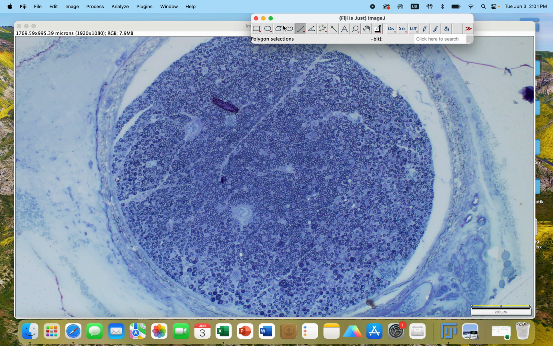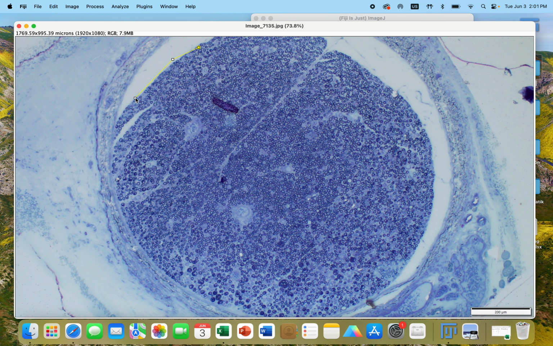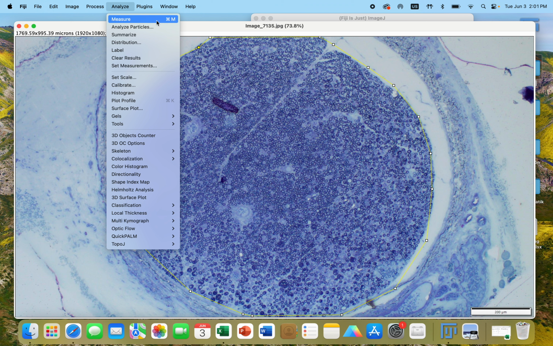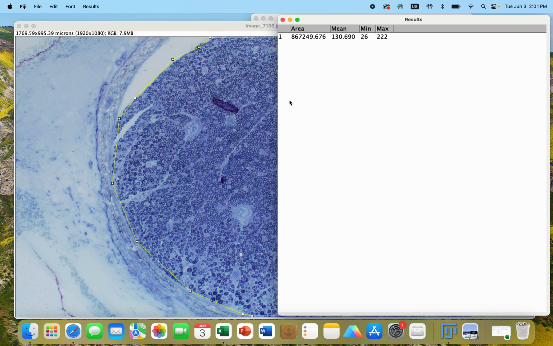And okay. Now all we need to do is just outline the outermost part of the nerve, and you can use this measure tool here, or Command M. There's a shortcut, Command M. I always use Command M because I'm using a Mac. I think on other computers it is Control M. If you press Command M, you will see the area of the whole nerve here. Just copy